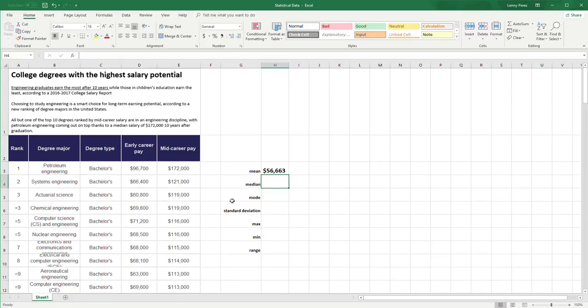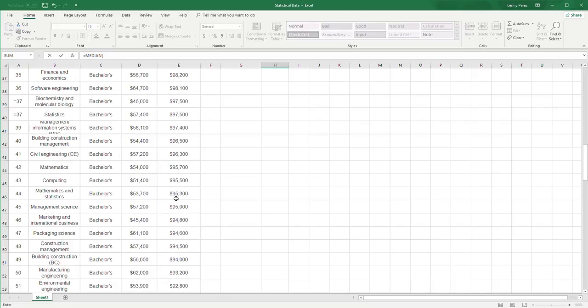Okay, so now let's take a look at the median. So what would be the middle? Half the people got more than this, and half the people made less than this. So again, I'm going to start with an equal sign, type median, and you'll see it already predicted what I want, and click there. Then it put the first open parentheses. So again, same data set, D3 through